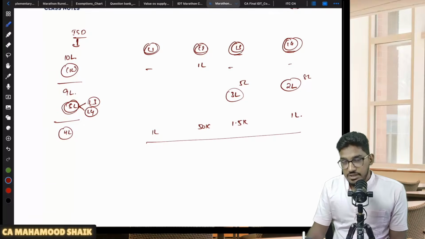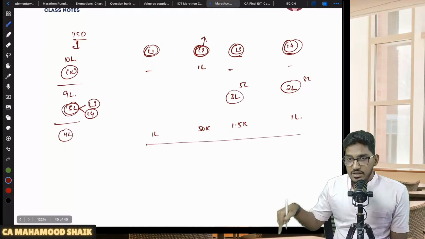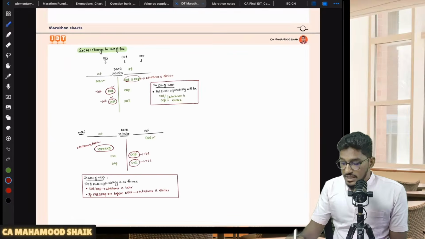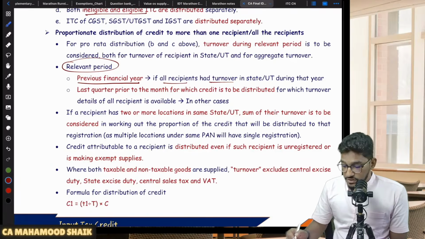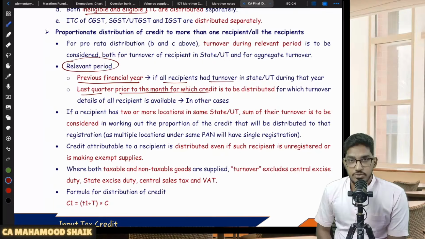Sir, if in the previous financial year, for some of the units there is no turnover, let us say, for example, this L2 was started in this year only. Last year for this no turnover is there. Then how to do, sir? Then what to do is, in that case, if the previous year's turnover is not available, last quarter prior to